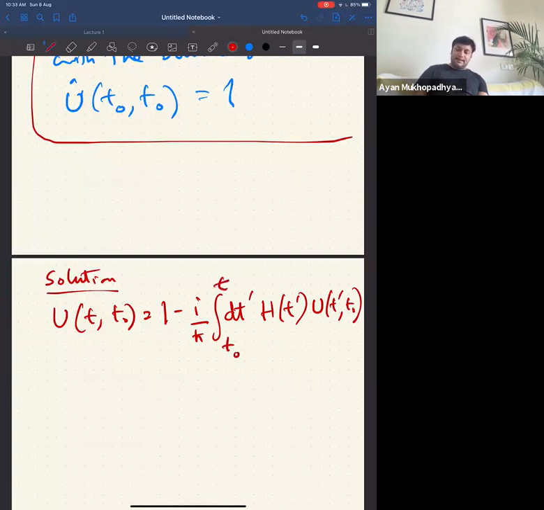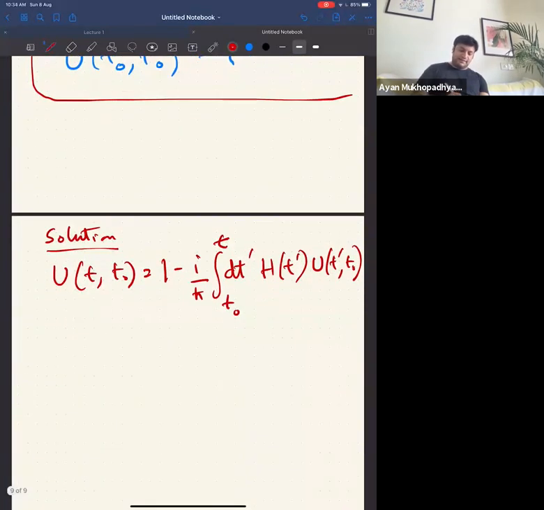So basically, you see, I kind of write it in a recursive way. And this will be a solution of this equation. So let us check it, okay? So what happens is that,